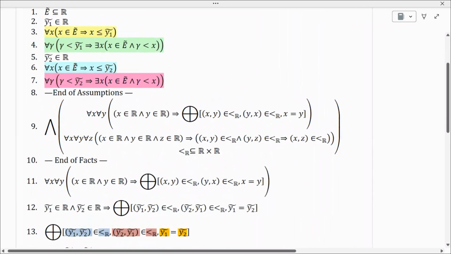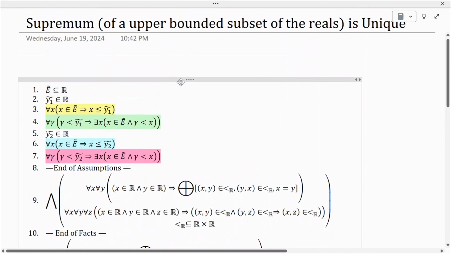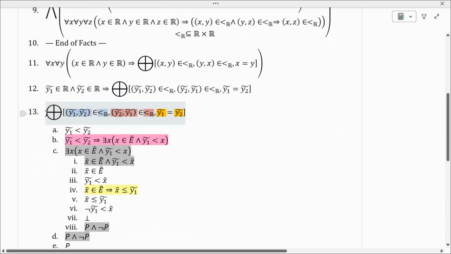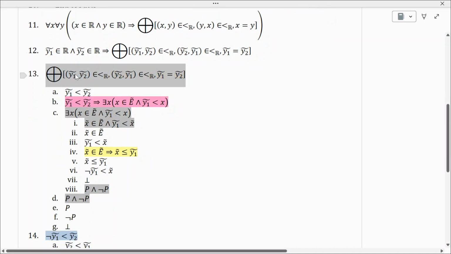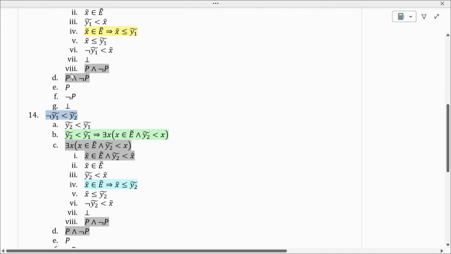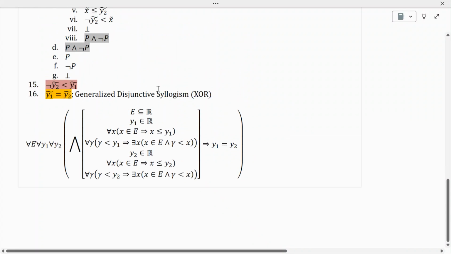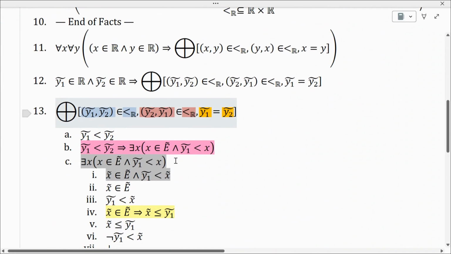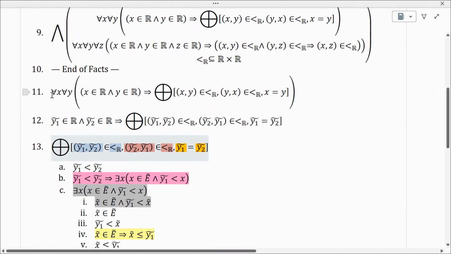And a good exercise you can do is to write this out formally. If you've already shown this rule holds, this generalized exclusive or, what do we call it? Generalized disjunctive syllogism for exclusive or. Maybe you can show that. That would be a good exercise. Maybe you could find that in a logic textbook. I'm not sure. Or maybe you could write down some of the steps we've done a little bit quickly,